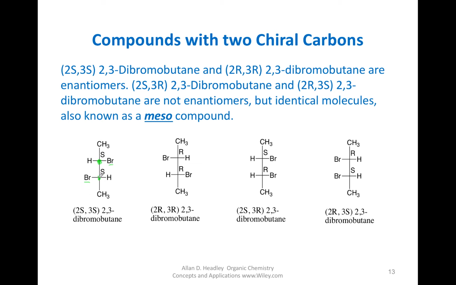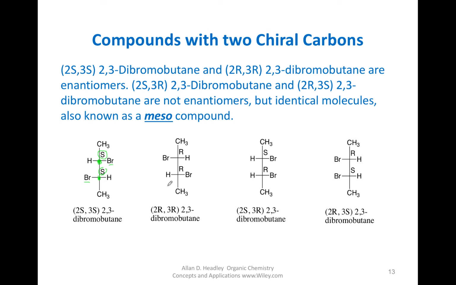And this chiral carbon here has a methyl, a hydrogen, a bromine, and all of that group. So each carbon in the middle is chiral. Therefore, we can assign R and S. If you do the R and S assignment, you will get an S for this chiral carbon and an S for this chiral carbon. The same molecule,